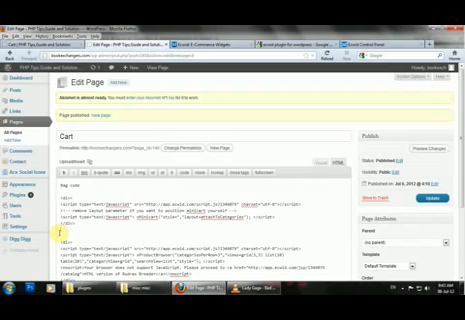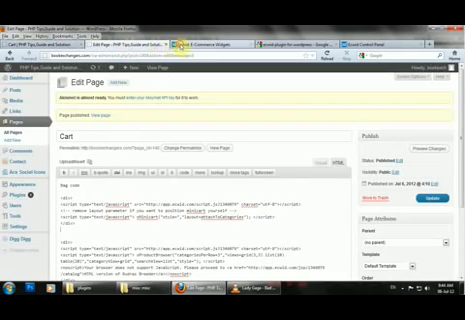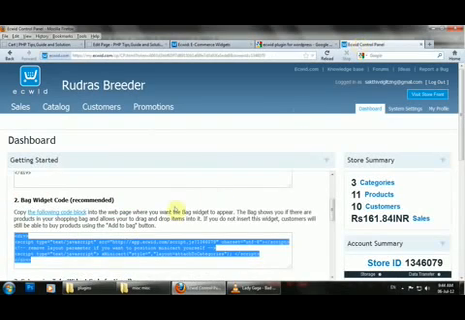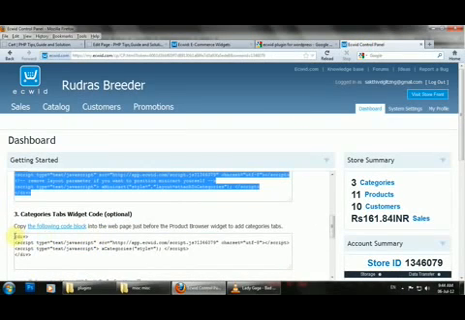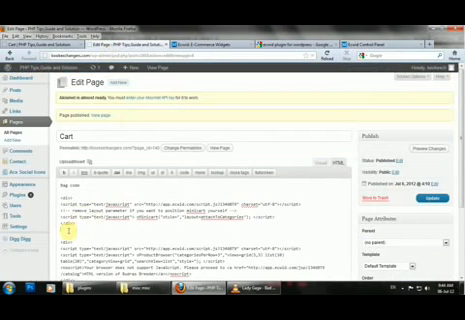Then just wait a second. I will say again. Now again you go there and copy this category code. Don't confuse it, I will say properly.